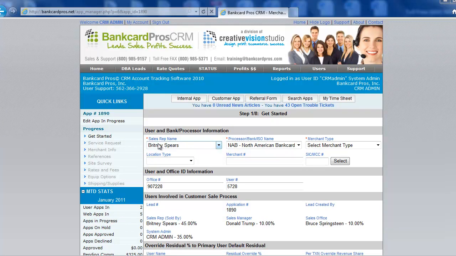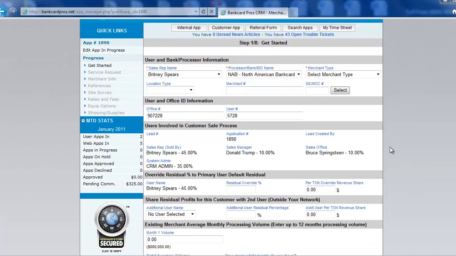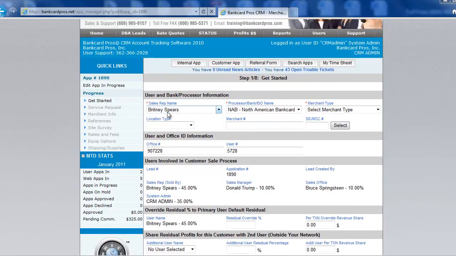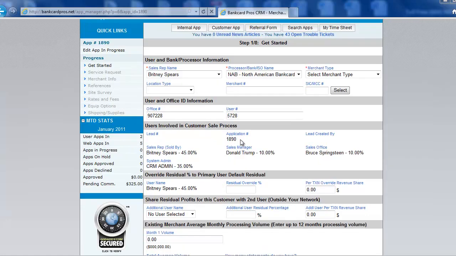So immediately once you choose Britney Spears, the system's going to identify and tell you who's in her network. It will tell you right here in this section, users involved in the customer sale process. It will tell you the application number, the sales rep, which is the one that sold this account. So we have Britney Spears, and then it's going to tell you the sales manager, Donald Trump, the sales office, which is Bruce Springsteen, and finally, the top of the network is the CRM admin, which is your corporate office. The system is also going to identify and tell you what percentages of residuals each person in the network is going to earn